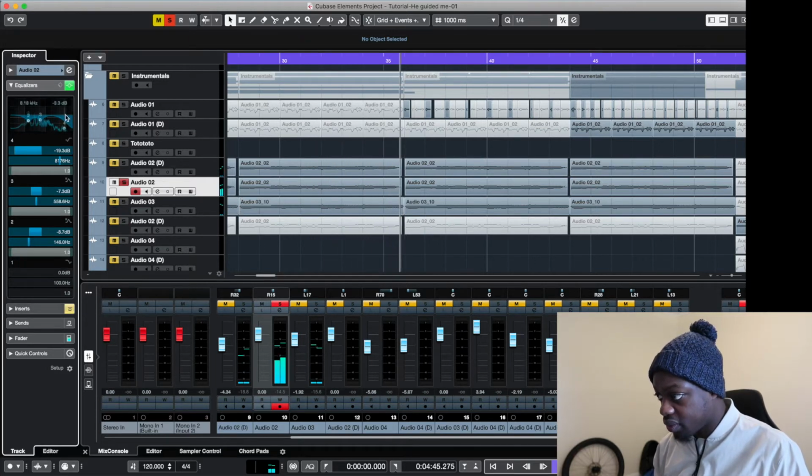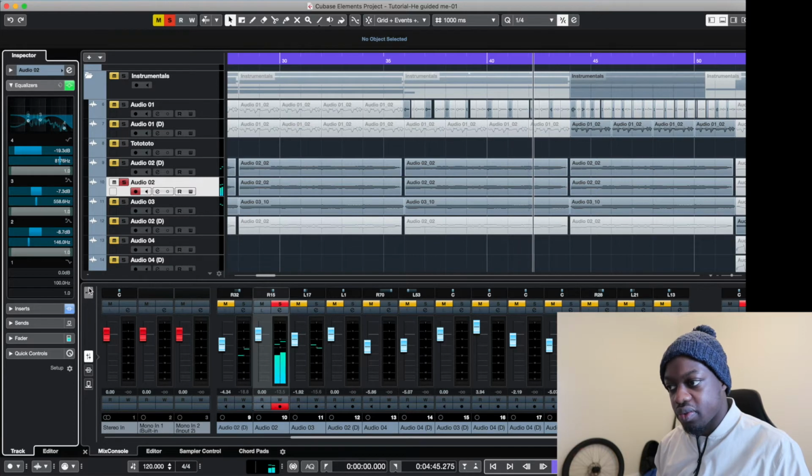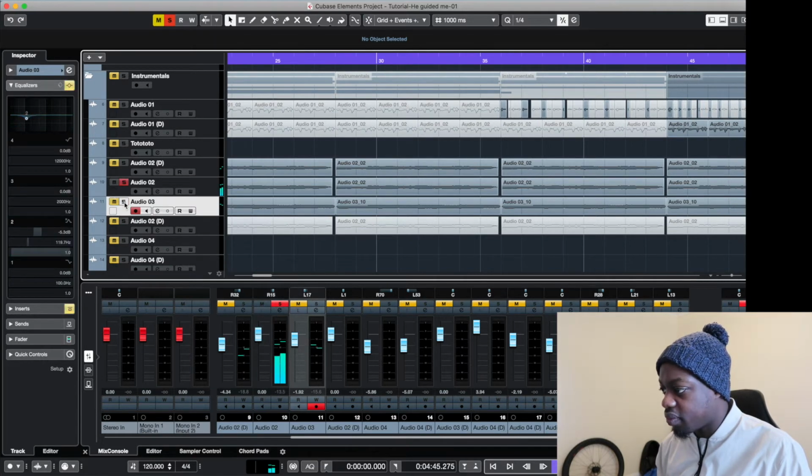Before and after the editing. Subtle. But then when you add the other two into it, with their plugins,